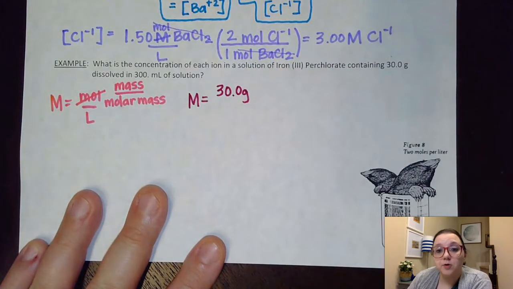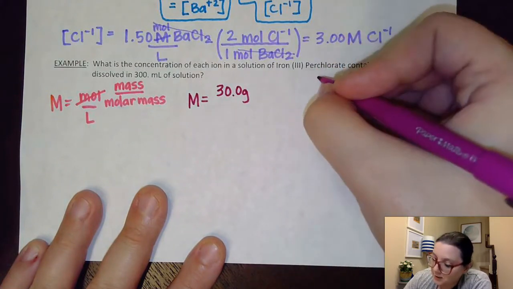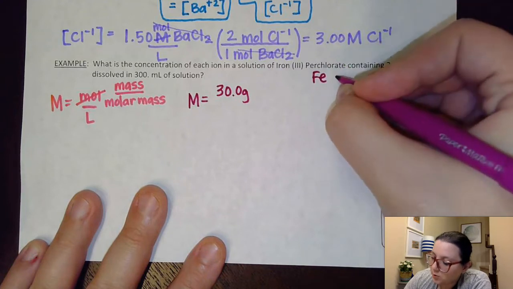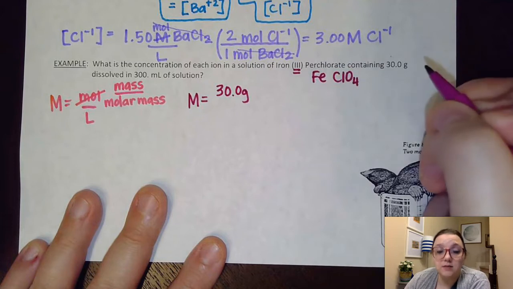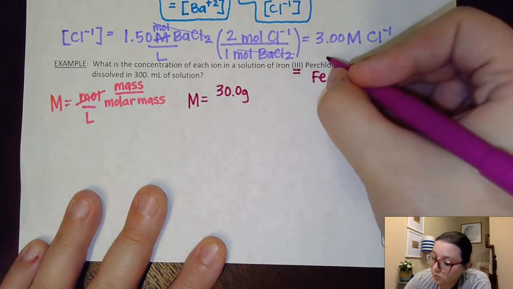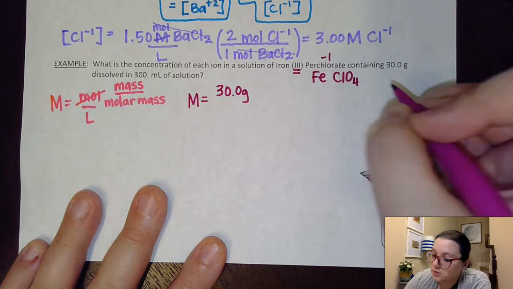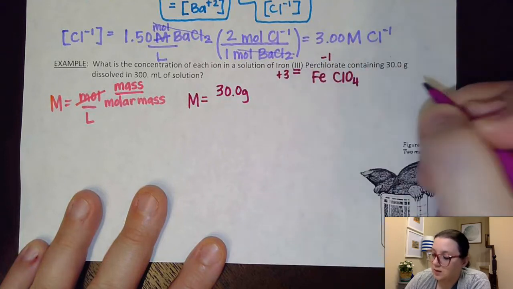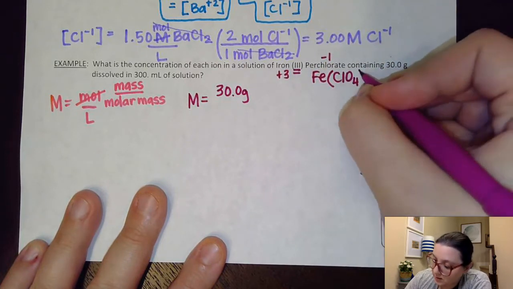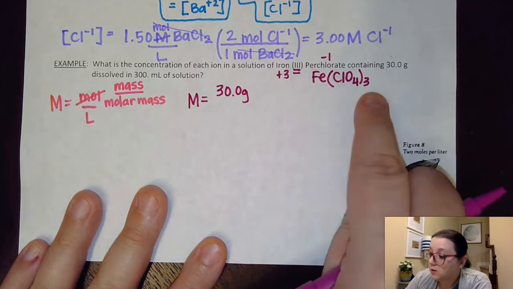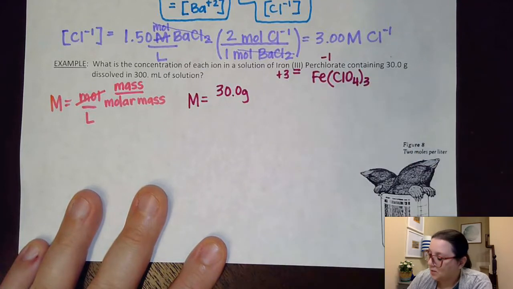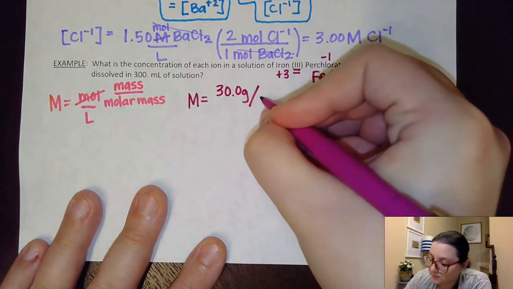Now for iron 3 perchlorate, I would need to solve its molar mass, meaning I need its formula. Iron is Fe. Perchlorate is ClO4. Now, this 3 means I have a positive 3 charge on the iron. Perchlorate has a negative 1 charge. So to balance out the positive 3 and the negative 1, I would need 3 of those perchlorates. Now, I actually already have the molar mass of iron 3 perchlorate. You would need 1 iron, 3 chlorines, and 12 oxygens all added up. And that gets a molar mass of 354.2